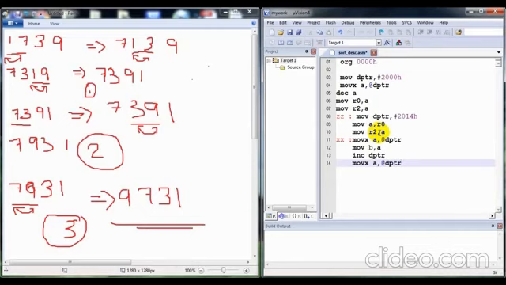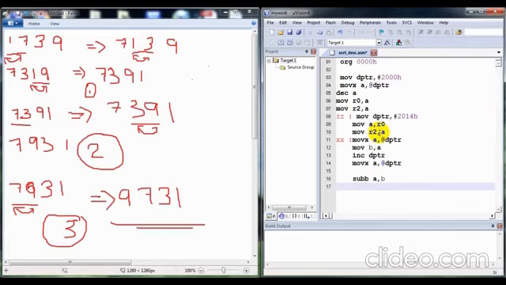Now we have to subtract A and B. SUBB A, B. If we are subtracting A and B, if A is less than B, then there will be a carry.